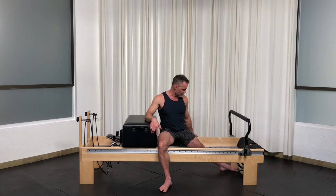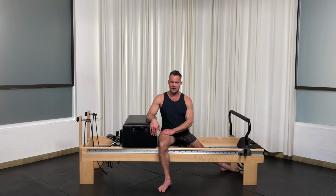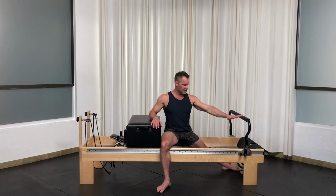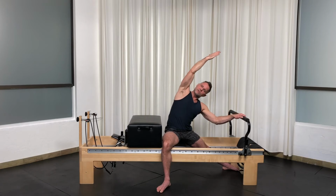Hand on the frame, bring the leg back even more. Make sure your pelvis doesn't twist towards it. So try to keep yourself straight forward. Knee is against the box. Reaching over to grab the bar, arm is up. And let's unshift or shift and then organize. And then hold that organization for 3, 2,